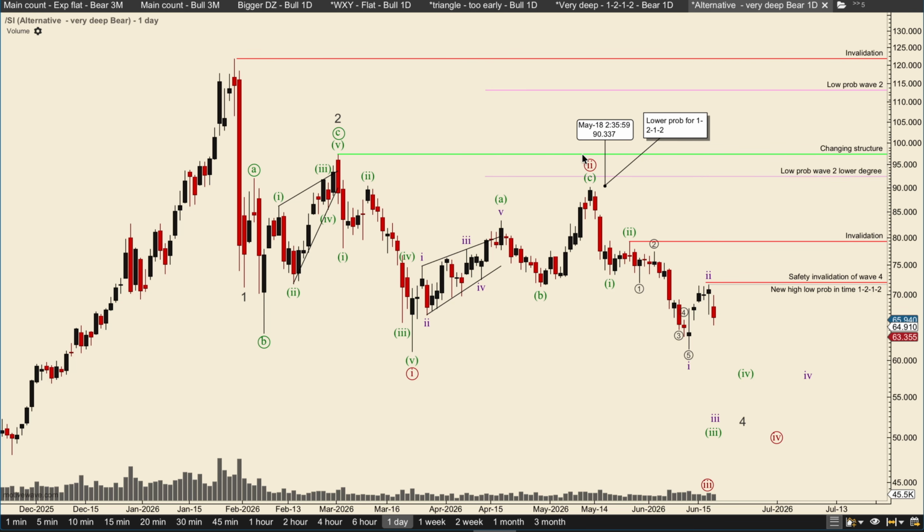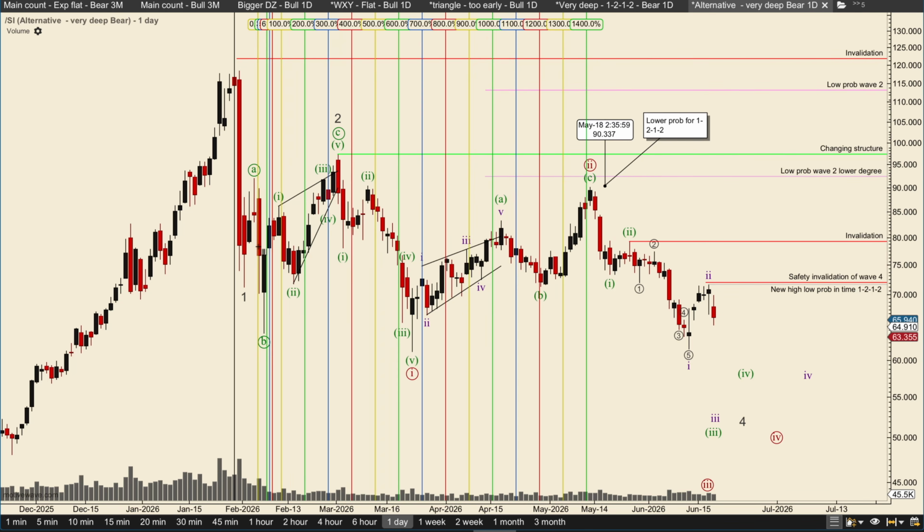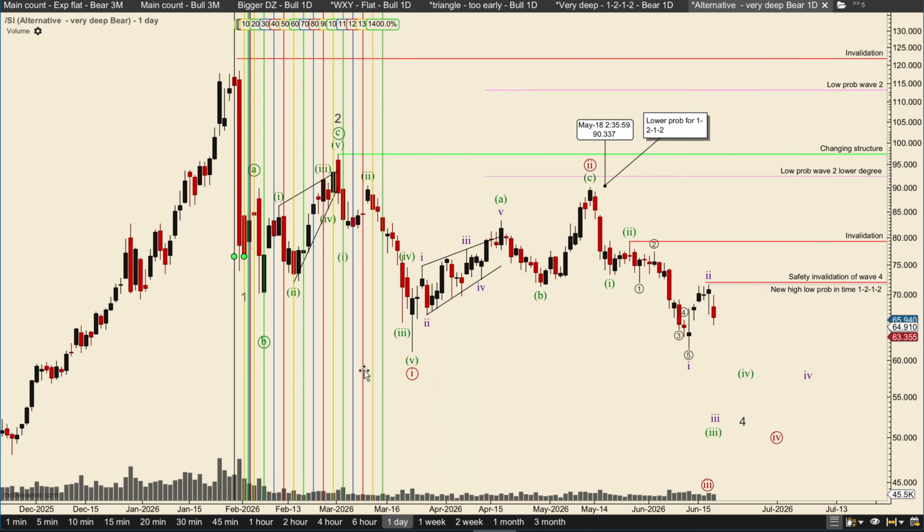But then you encounter another issue, because then this wave 1 and this wave 2, the wave 2 is too long in time. So if I take a fib time and I try to hit this, yep, there I got it. You can see that wave 2 here is over 9, 10 fib time here,